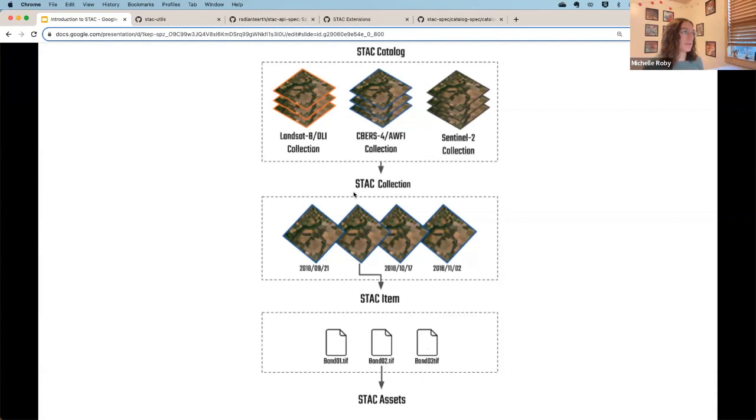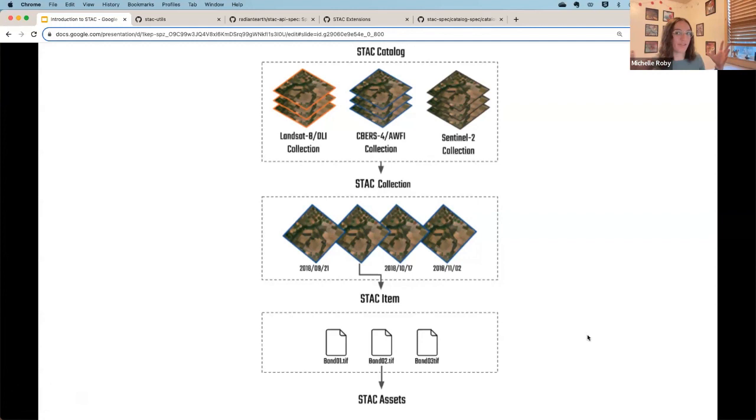Many people will download, like when I was in school, I would download a single item before STAC was a thing from Earth Explorer in the US and from the USGS, and I would download a scene, which now in STAC terms is an item. And then within that scene, I'd download all of the assets, so all of the bands, and then I'd often just use 3 or 4 of them to do my analysis.